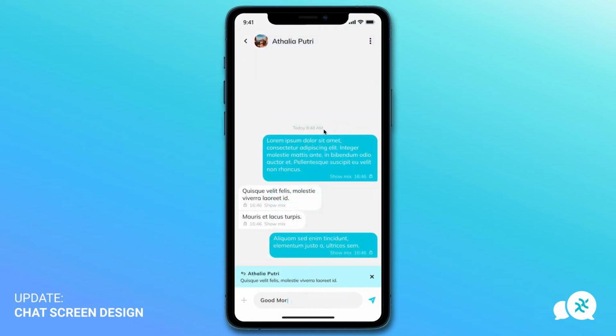Previously, when you were replying to a message, we were struggling to understand the hierarchy of the messages themselves. It was hard to see where you were typing. And so by separating the message that you're replying to and the input field, it makes it more understandable. We are also highlighting the message that you're replying to with the light blue color. And we have a tiny icon here representing the action that you're doing,